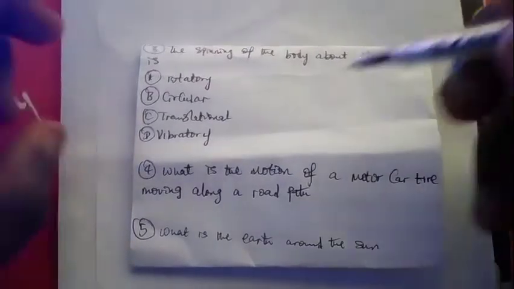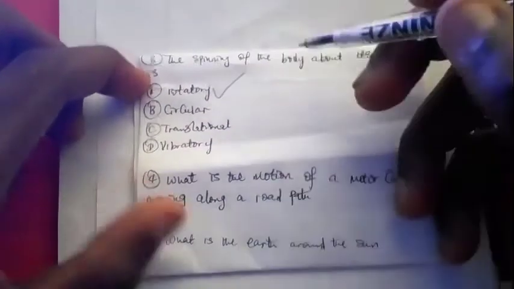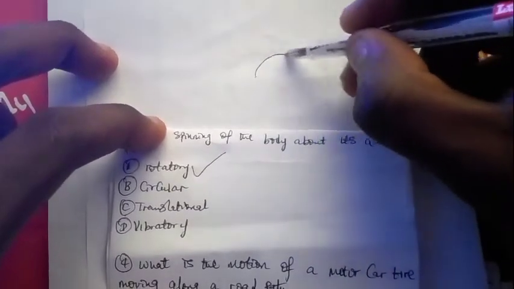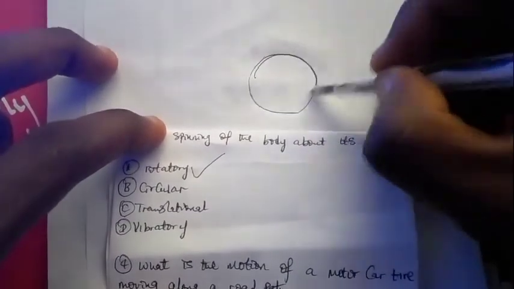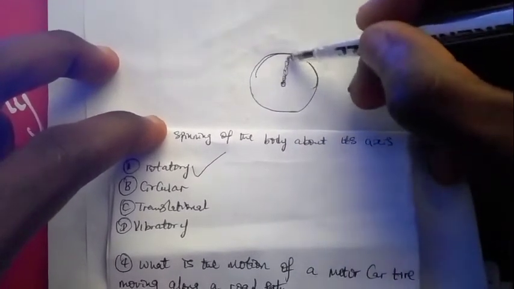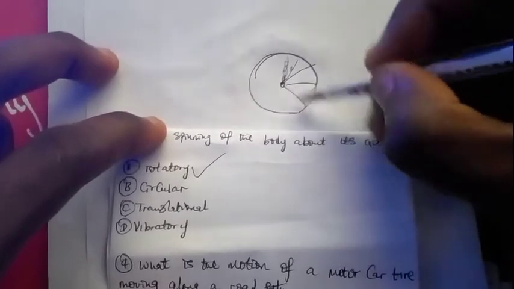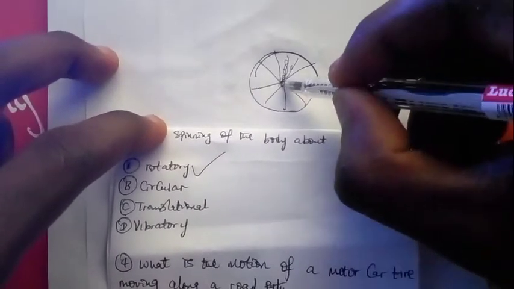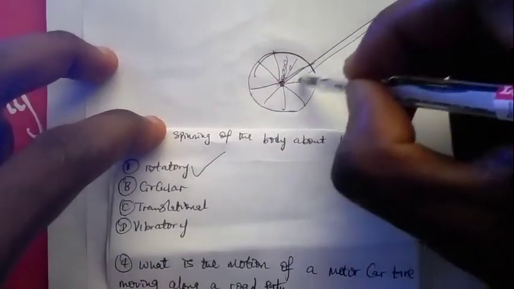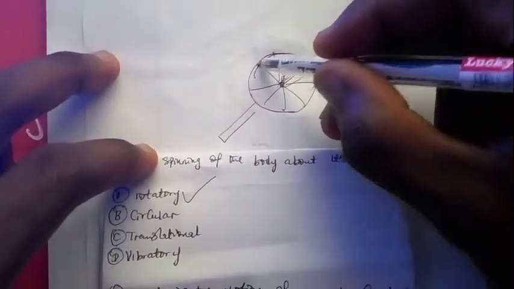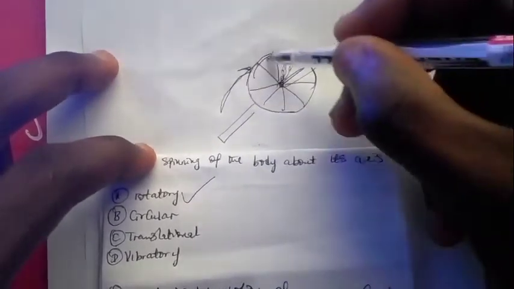The answer is rotatory because rotatory motion is the movement of the whole body around an axis. Now the body is like this. If I take a long rod from this point to this point and I begin to spin this round